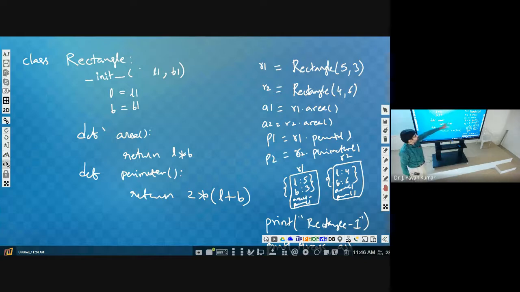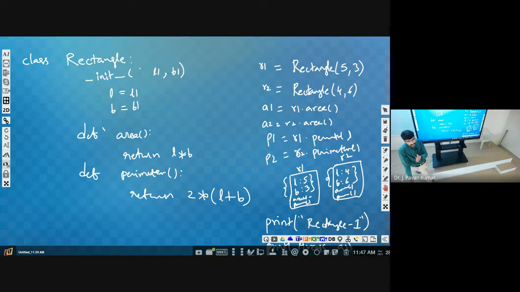Here what we did is we have created a rectangle class. Okay, we have created a class called rectangle, where we will be having init function which can act as the constructor. That means whenever we create object, then this particular function will be invoked. Next, apart from this function, we are having two more functions, that is area, perimeter. These two are normal functions. Directly we are returning resultant values. Okay, fine. But init function functionality is to initialize the variables.